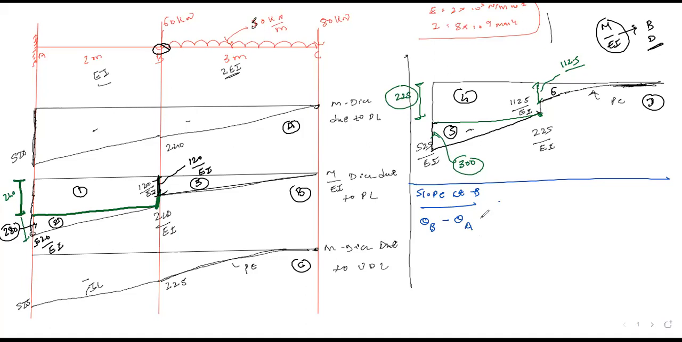That is equal to the area of the M by EI diagram between B to A. Yes or no, everybody with me? Your slope at point A is 0 due to the fixed support. Yes or no? Please confirm. So theta B equals to,